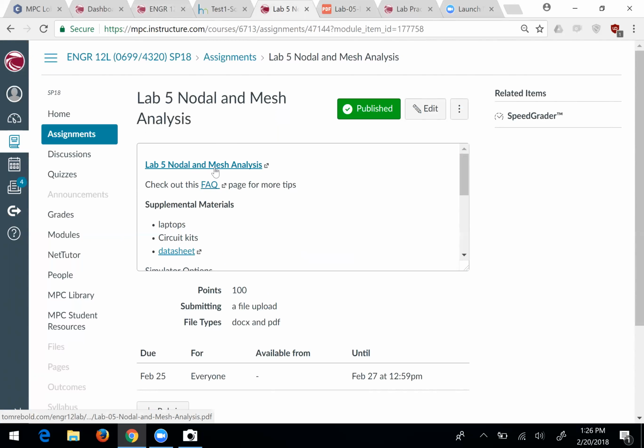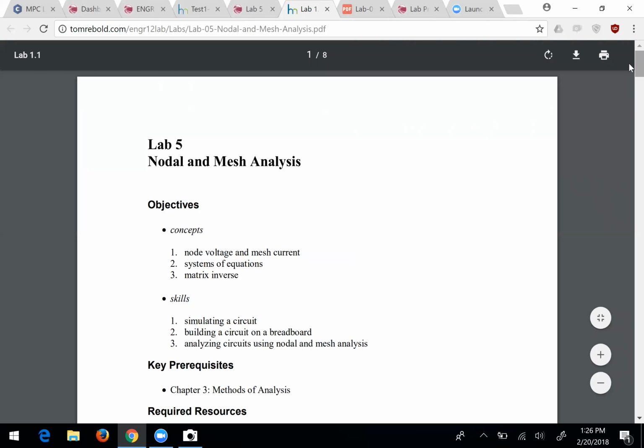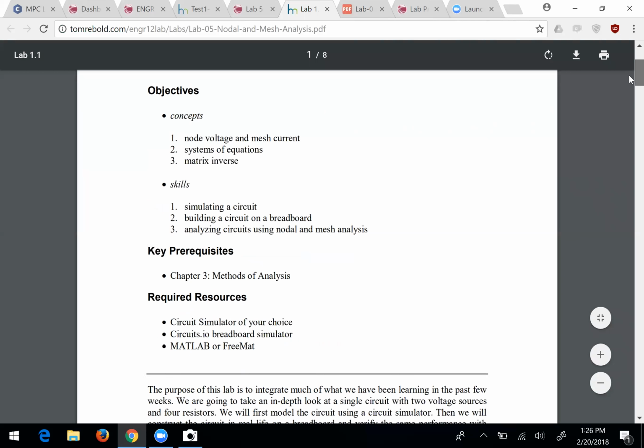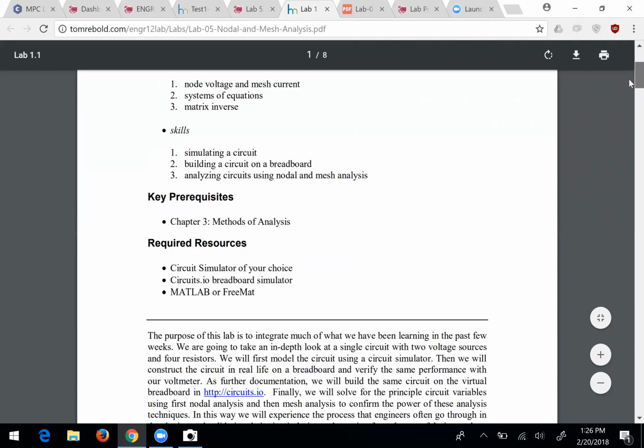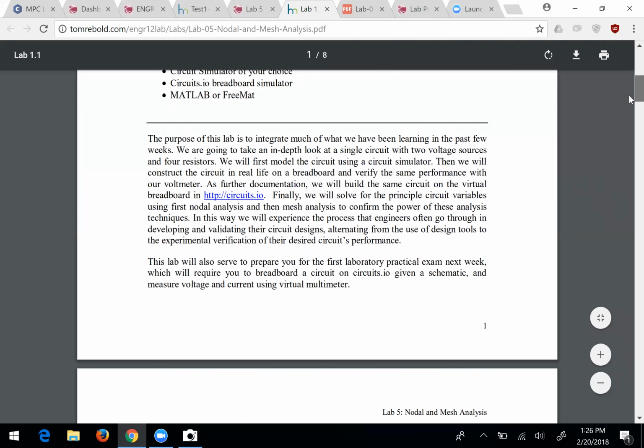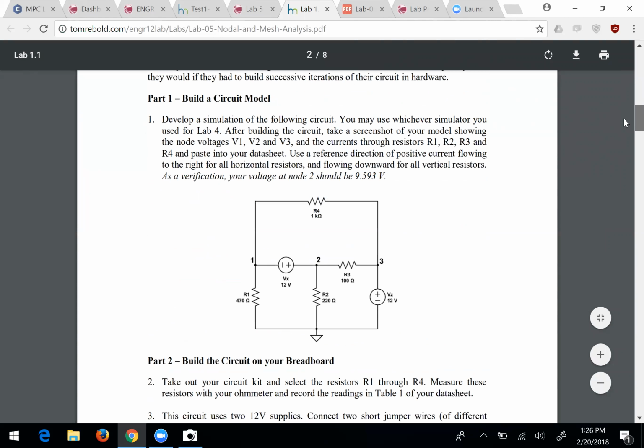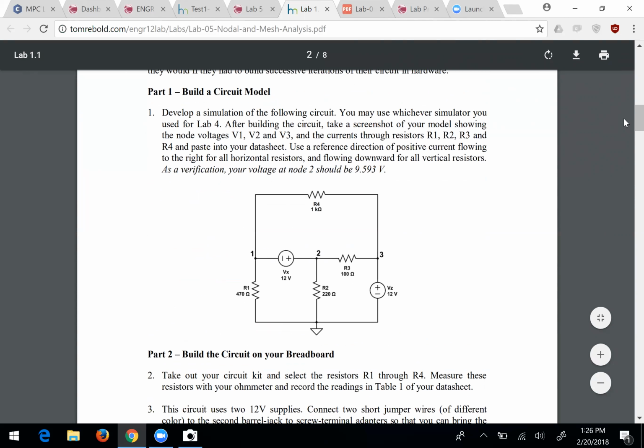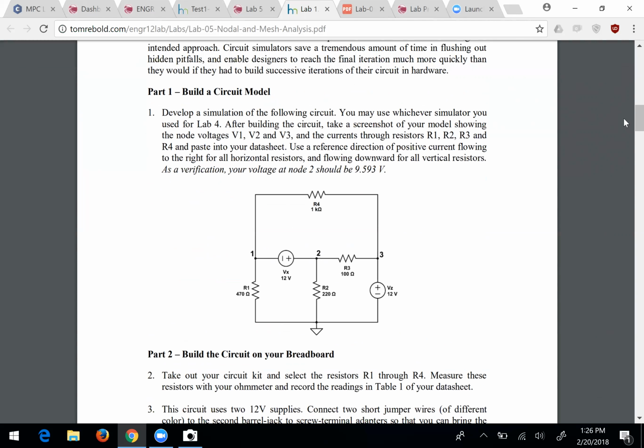So this is the actual lab. I guess I am asking you to build this thing on a breadboard too. Wow, we're going to be pretty busy today. I'll have to pull over the circuit kits. I guess I wanted you to practice building the circuit in Tinkercad first before you put it on your breadboard as additional practice,